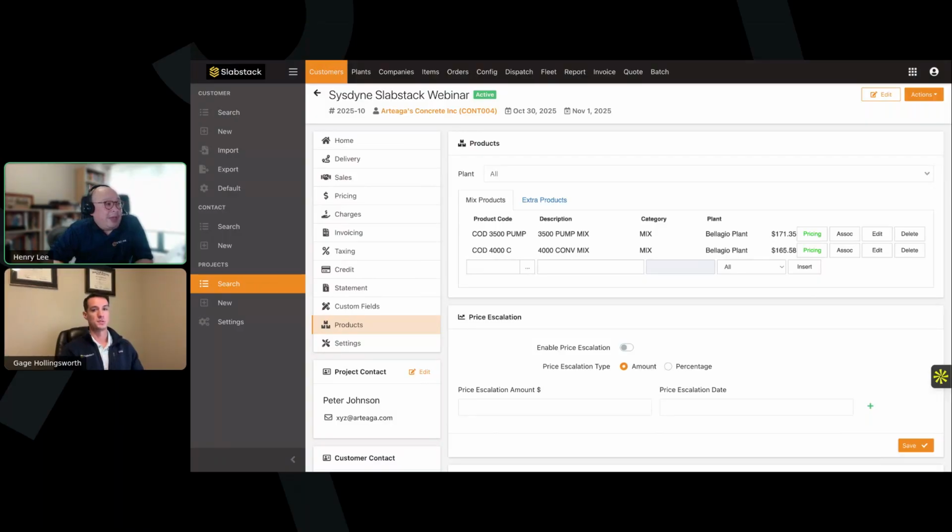So Gage, you also point out a very good thing. If the customer information is keyed in ConcreteGo, that information is going to flow to SlabStack, right? So that customer already exists in the dispatch. But if that customer doesn't exist in dispatch, you'll also be able to see on the CRM, if you're keying a new customer, that it's a new customer and it's not in the dispatch, right? That's how powerful the integration is, to be able to show on both sides of the systems what information you already have in there or not, and how those two systems can sync back and forth.